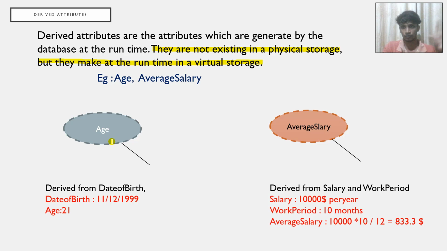Right? So date of birth is itself a general attribute or a strong attribute, like in a strong entity, and a derived attribute is itself a weak attribute, because a derived attribute depends on date of birth, or age depends on date of birth. If there is no date of birth, then there will be no age. If there is age, then there should be date of birth. So basically, a derived attribute is itself a weak attribute.